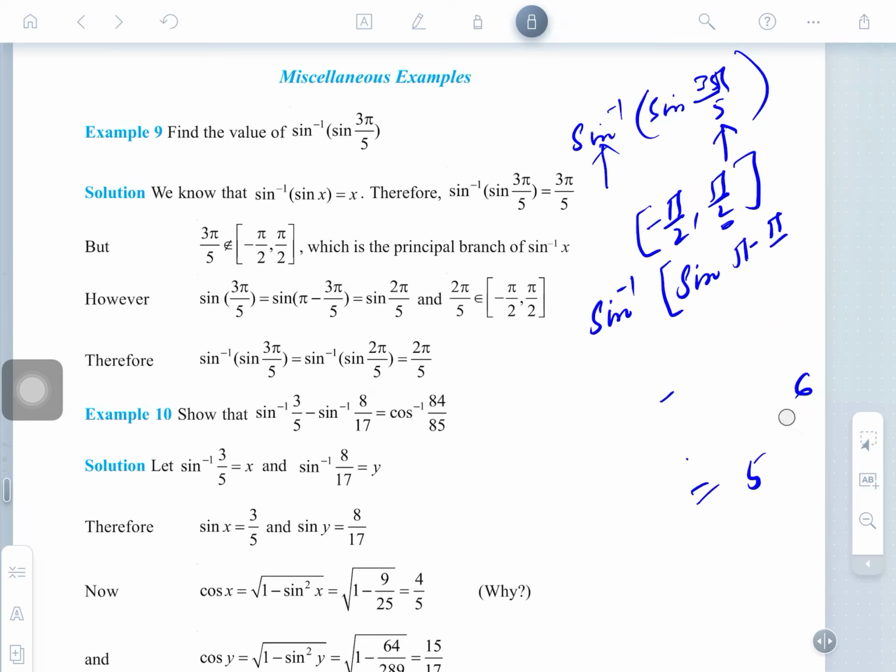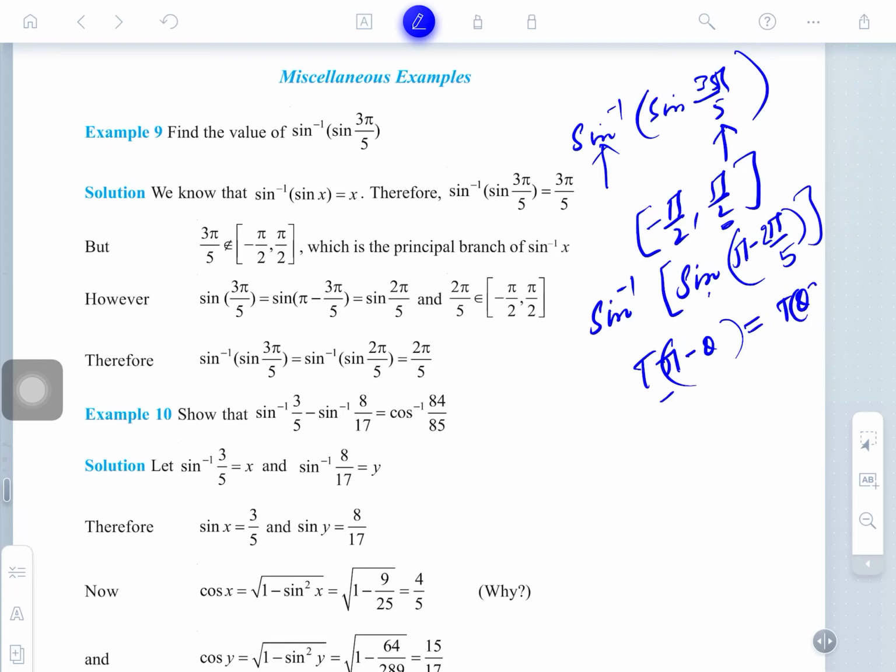Okay, so this could be broken as, I'm telling you how this can be broken. So here will be pi by, and 2 pi by 5, this can be written as. Is that clear? So what will it be here? Sine of pi minus theta is equal to sine theta, with a plus or minus sign. So this is the second quadrant, and sine is taken positive. So here it can be taken as sine 2 pi by 5, and here it will be sine inverse of that. Clear?